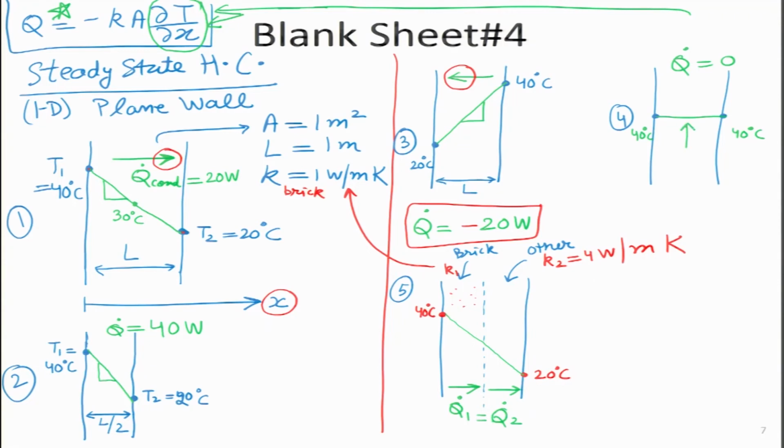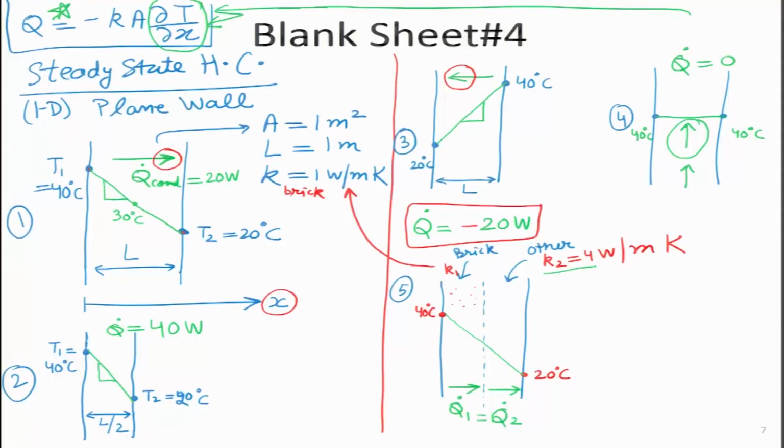And what does del T by del X signify? It signifies the slope. And in the extreme case, if you look in this slide over here, this slope can also become 0 as was shown in case 4 over here. So, slope 0 means it is a horizontal line. So, if I am reducing the slope, it has to come toward the horizontal, which means where the thermal conductivity is higher 4 times in this particular case, there my slope has to be lower 4 times, which means it has to be a very low slope. So, what I am trying to draw is that this has to be a lower slope, I hope you can see it, and then this has to be a higher slope.